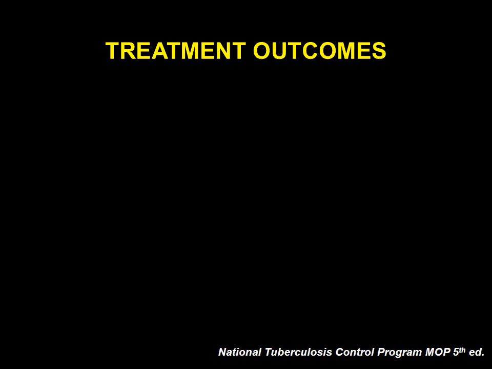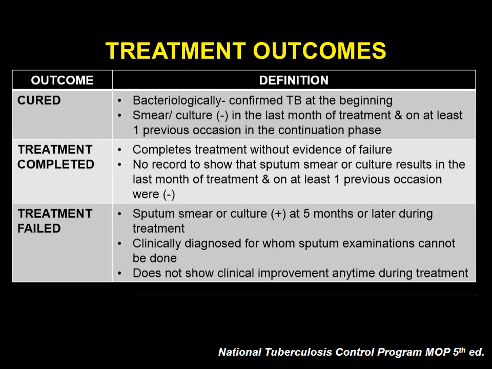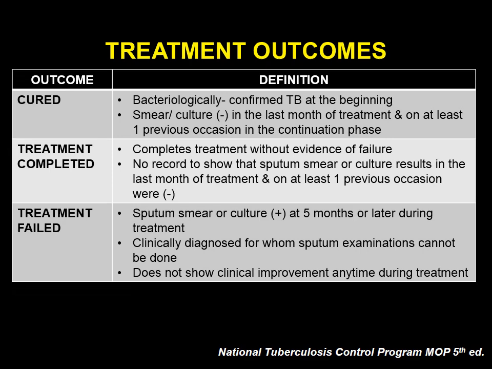Treatment outcome. Determine the treatment outcome of patients based on completion of treatment regimen, DSSM follow-up results, and clinical improvement. Cured are patients bacteriologically confirmed TB who are now smear negative or culture negative at the end of treatment. Treatment completed are bacteriologically confirmed TB who have completed the treatment but no repeat DSSM done, or clinically diagnosed patients